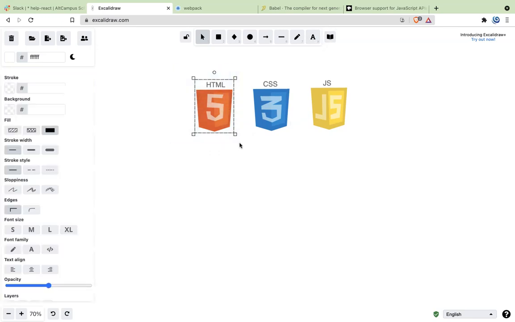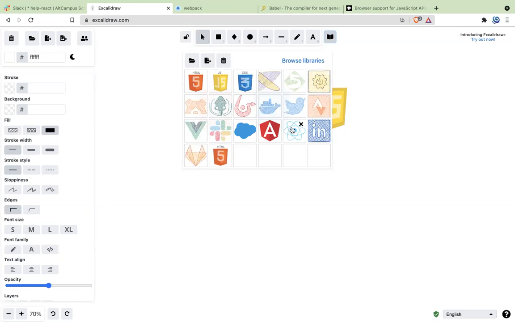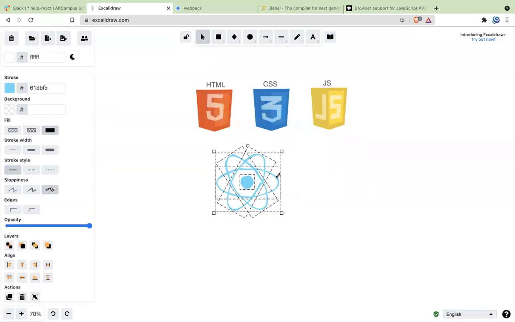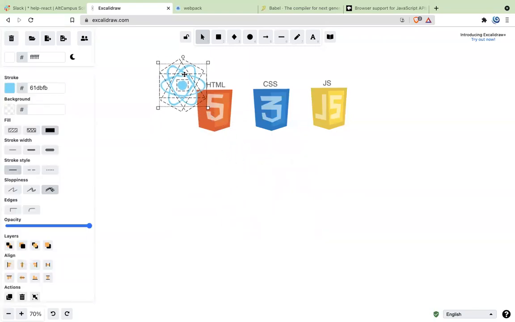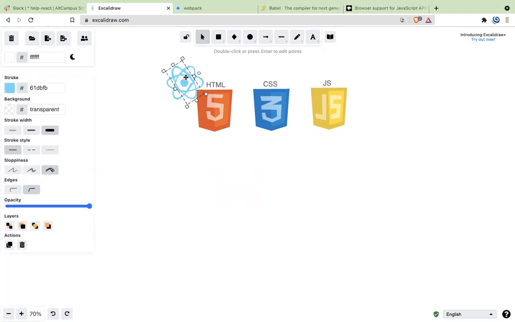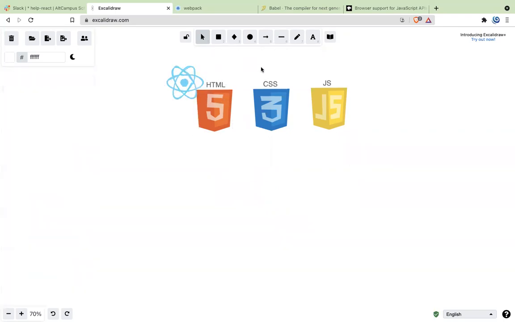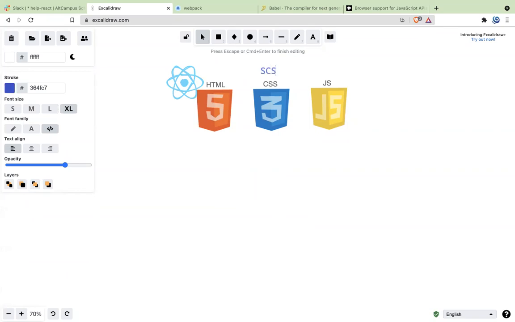Generally, when you were making a to-do list or something in DOM, you used to write HTML, but now you don't write HTML. What do you write? You write something like React. So you can think of replacing your HTML with React. I know at the end of the day you're writing HTML, but you write React, and that React gives you the HTML. Similarly for CSS, do you write just CSS, or sometimes also SCSS? That is another thing. In JavaScript, you can also write something like TypeScript, or you can write React itself, right?